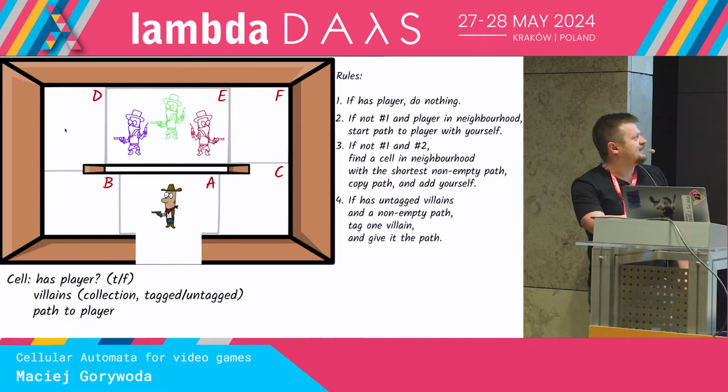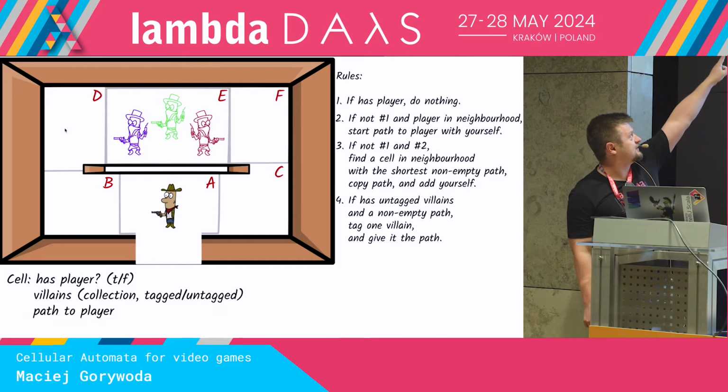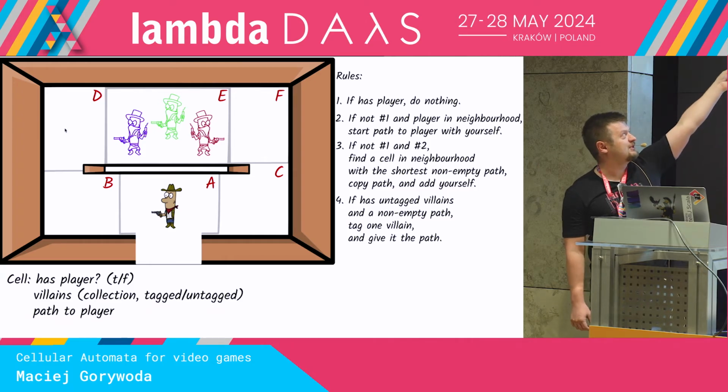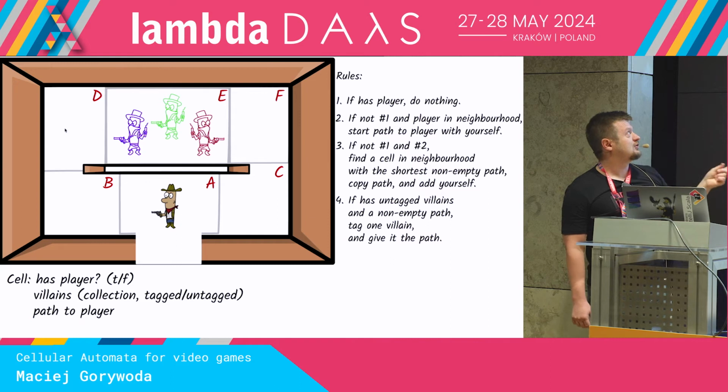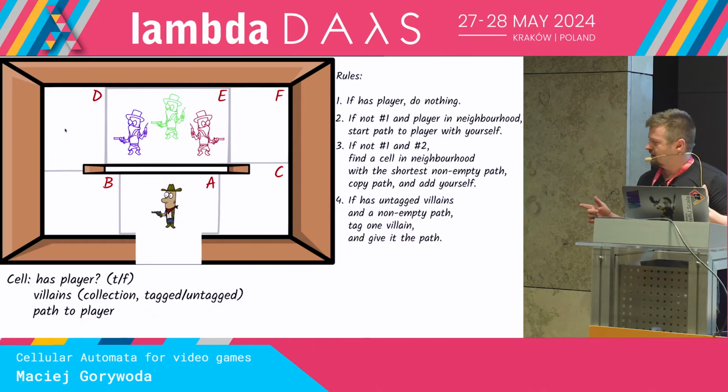And then we have untagged villains at cell E, and they are next to a cell that has a path, so we can just randomly choose one of the villains and tell this villain, okay, the decision is you use that path to go to a place where we shoot at the player. What's funny about it is that this means that one of the villains will go to B, the other villain will go to C, and the third will stay where it is because both paths are already taken. And then if I am a player and I see that I have one guy here, and they are shooting at me, I'm already like, oh, wow, good artificial intelligence here.